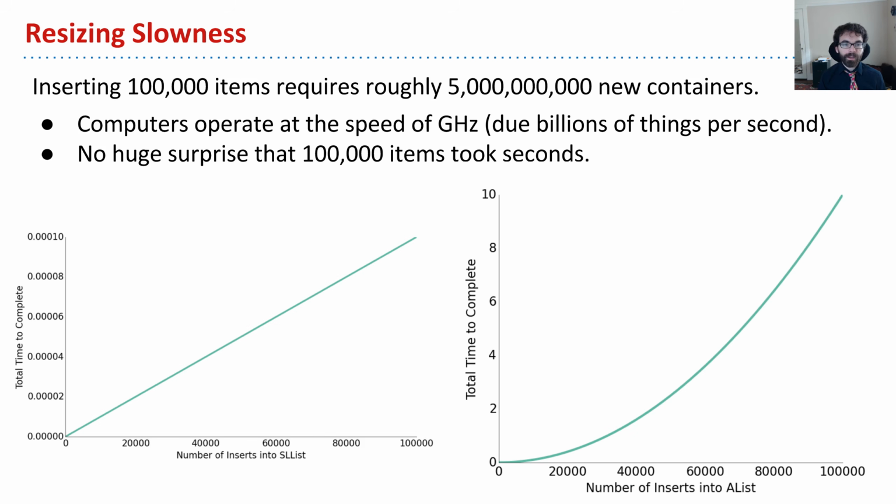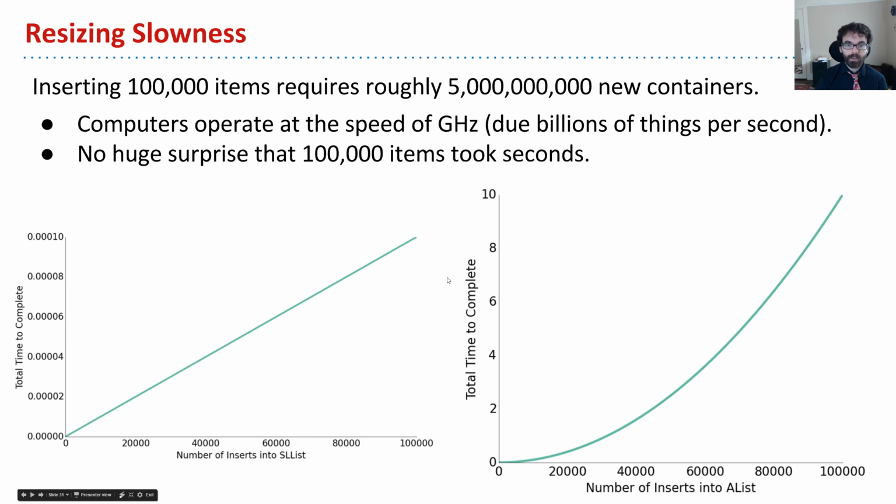Okay, so let's compare side by side. This is what our S-list was capable of. Whenever you insert into an S-list, what we show on the y-axis is the total time to complete all of those inserts. So in other words, inserting 200,000 items in this theoretical plot took only 0.00002 seconds. Inserting 40,000 was 0.0004, and this is a purely theoretical number. This is not an actual experiment. However, if we ran an experiment, we would really expect to get a straight line. So this straight line indicates that the operations for the S-list are all constant time, because the integral of a